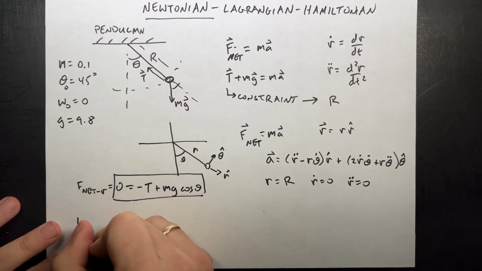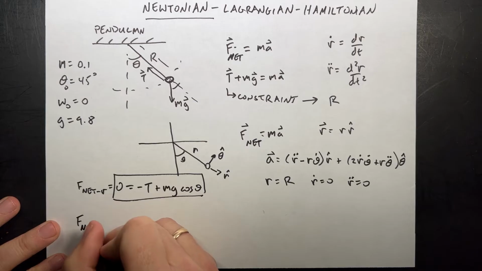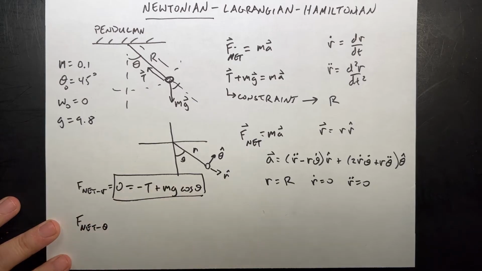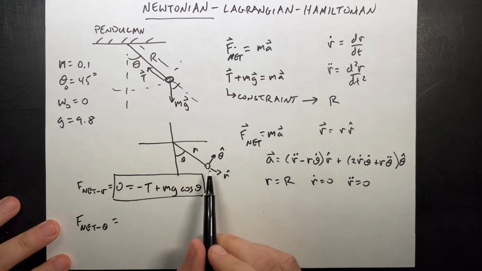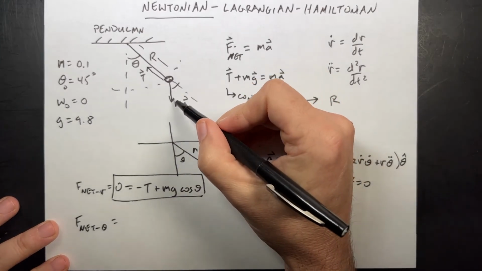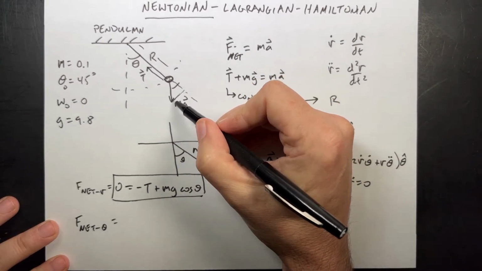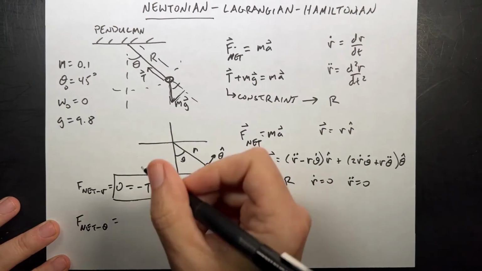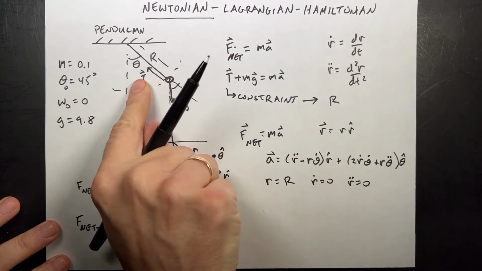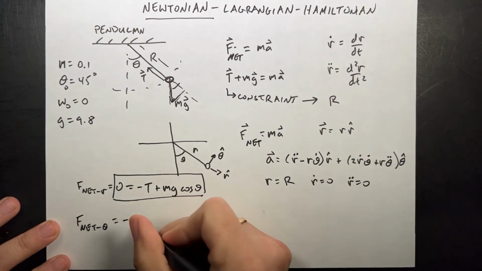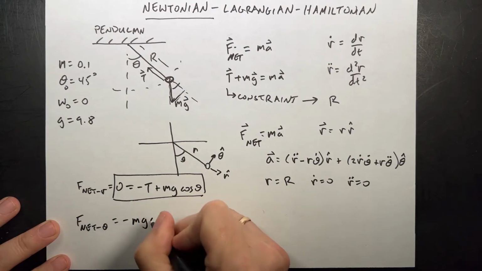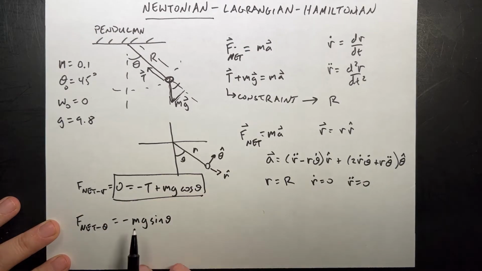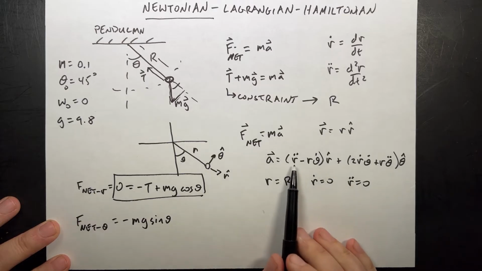If I look at the theta hat direction, F net theta, that would be equal to, well, what forces are acting in the theta direction? It's just a component of this, right? So if that's mg, then this is going to be mg sine theta. And it's in the negative theta direction. Increasing theta is that way. So I have negative mg sine theta. And that is going to be equal to, see, this is why,